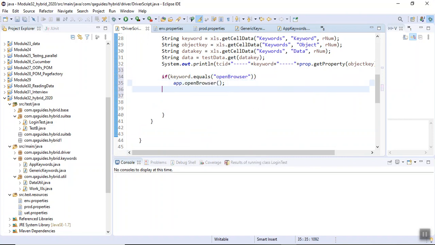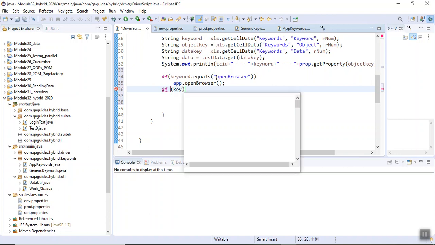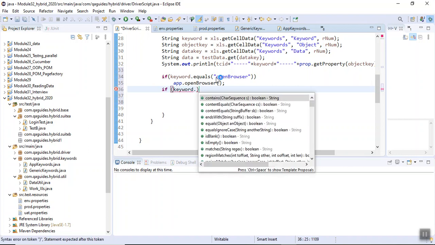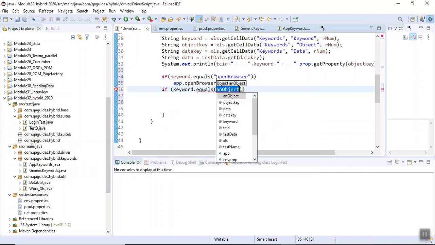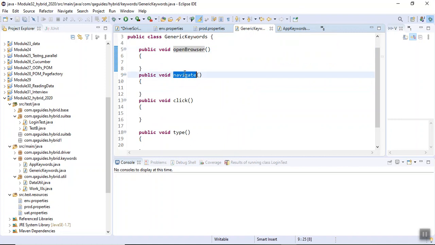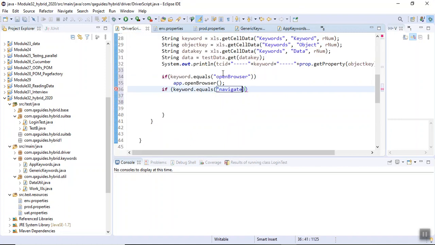Okay, now if keyword dot equals to navigate, then app dot navigate. Okay, keep it as else. Fine.